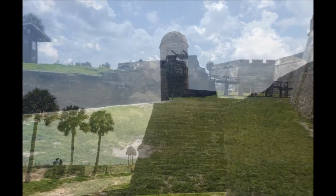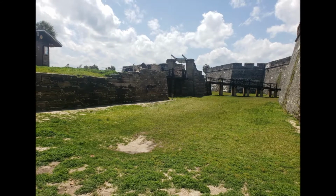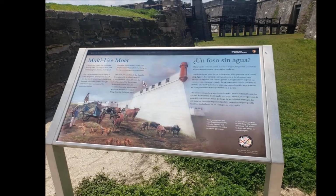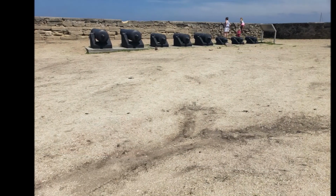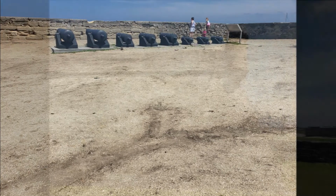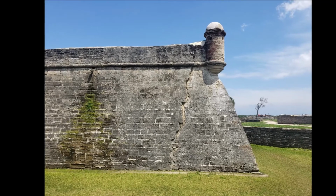Protection behind coquina walls was one thing, but to be truly effective, the Castillo required weapons. The Castillo had room upstairs for close to 70 cannons. The standard guns for the Castillo were 16, 18, and 24 pounders. That means they fire 16, 18, and 24 pound cannonballs. Pretty impressive when you